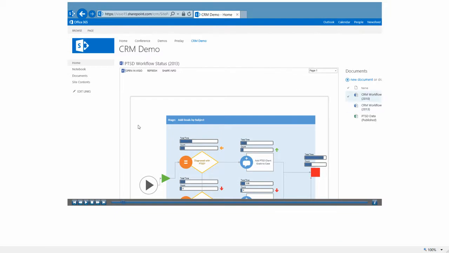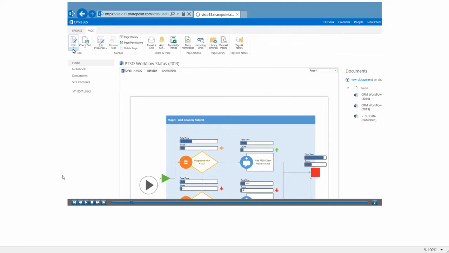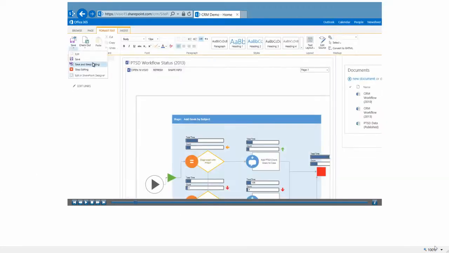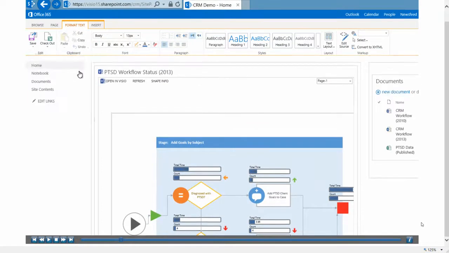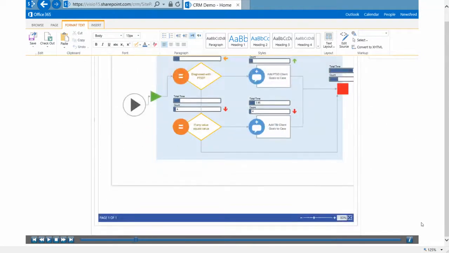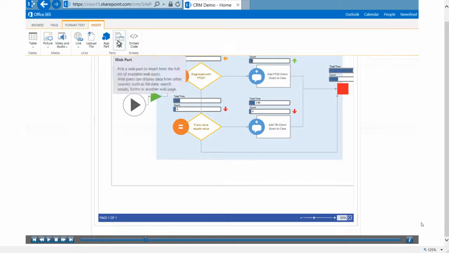Okay. So this is where I can just talk and let you guys watch a little movie of me actually doing this. Let's see here. Do it at 125. There you go. So this is where I'm in the actual page itself. I'm going to go ahead and add that web part. Okay. And once I add the web part,